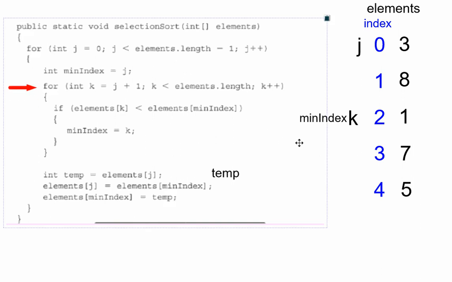K goes up again, and I'm doing this comparison right here. And is 7 less than 3? Oh no, not 3. I'm comparing with min index. Is 7 less than 1? Which it is not. So I go back up here and k goes up again, and I check to see if 5 is less than 1, and it is not. And now I have finished this for loop, and I come down here, and my first step here is to